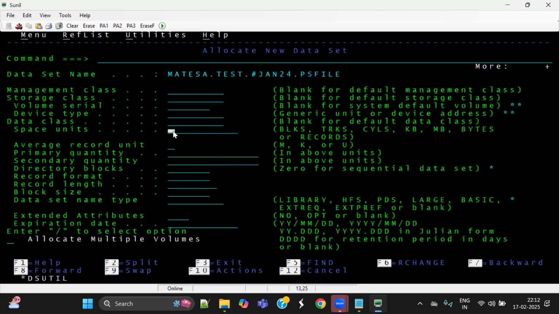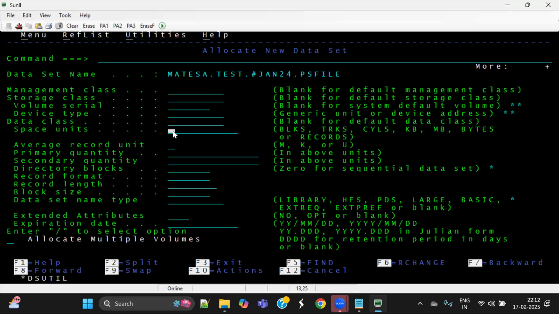Normally, when you're creating a file on your desktop, if it is a notepad, you will see something like 2 KB, 3 KB, 10 KB, 20 KB, or if you're having some photo, it will be like 3 MB, 10 MB, 15 MB, or if you're having some video, it is like 1 GB, 2 GB, like this. You will be seeing KBs, MBs, GBs, right? So based on the data that you are entering inside those files, it will occupy that much space, 1 KB, 10 KB, 15 KB, 20 KB, like that. Here, when you are creating a file,